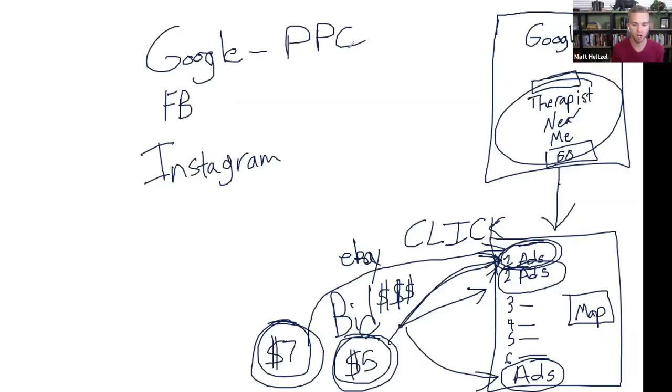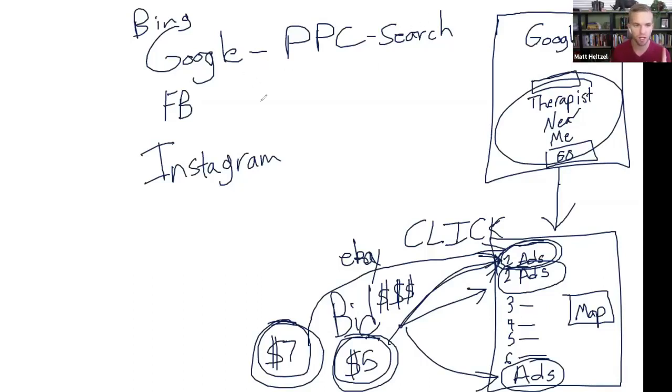Now that is called PPC, pay per click. Write that down if you're not familiar with it. That is pay per click advertising. You can also do this on Bing, Yahoo, other websites like that. Search engine. This is called search marketing. So the power here, here's the big number one benefit.